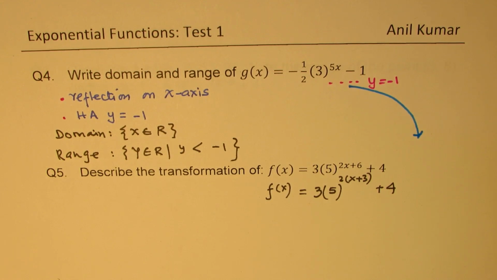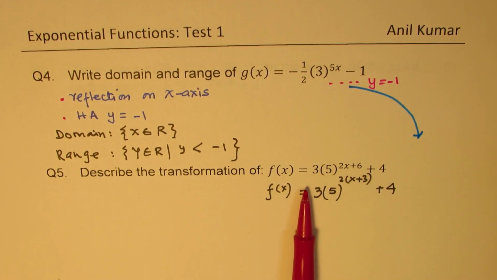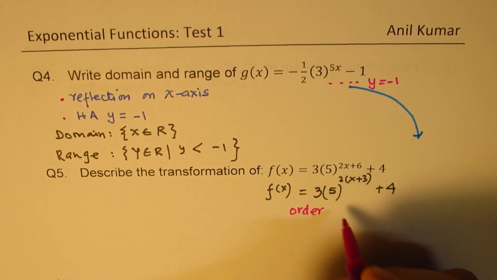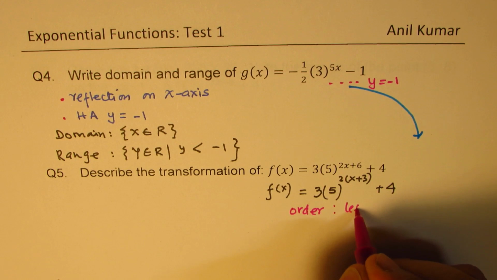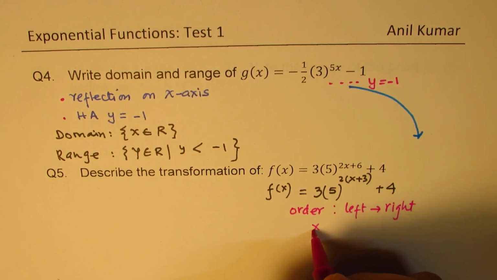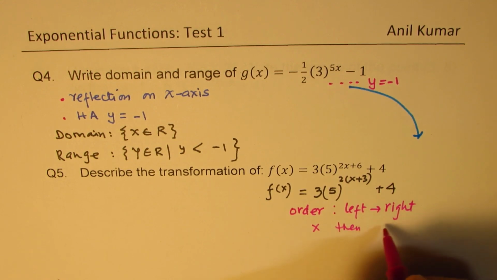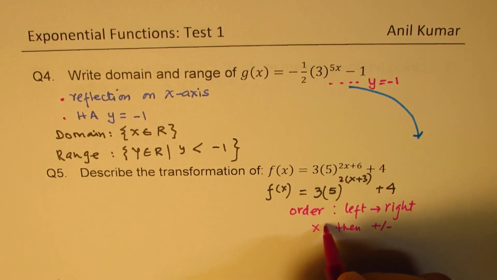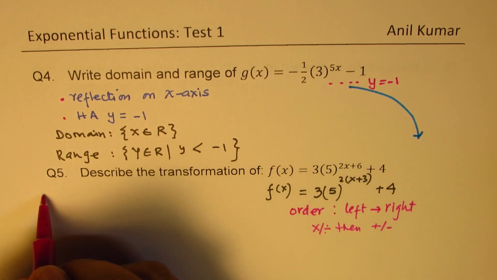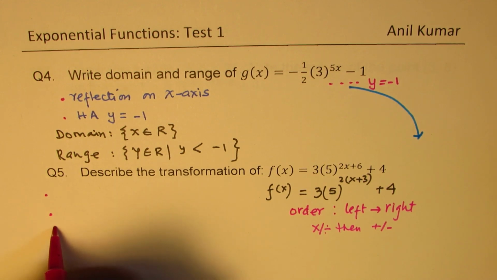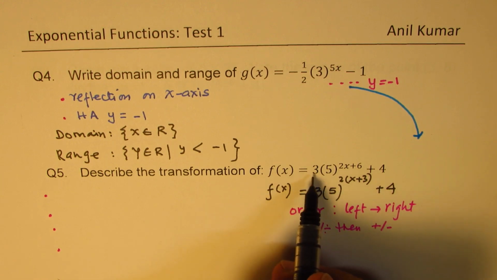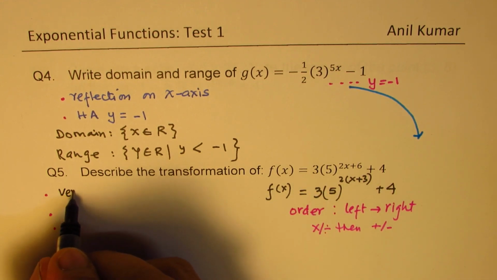And then you should start writing your transformations in order, right? So what should the order be? The order is from left to right. If you do that, you do multiplication first, then you do plus or minus, right? So multiplication and division first, that is the order. Let's write down each transformation one by one. The first one here is a vertical stretch by a factor of 3. So we have vertical stretch